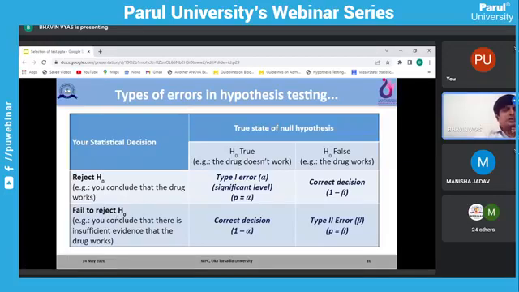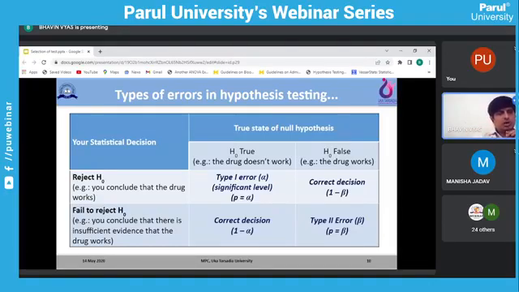In a way, you are accepting the null hypothesis, but in statistics you never say that you are accepting the null hypothesis. Your statement should be that you have failed to reject the null hypothesis, that you conclude that there is insufficient evidence that